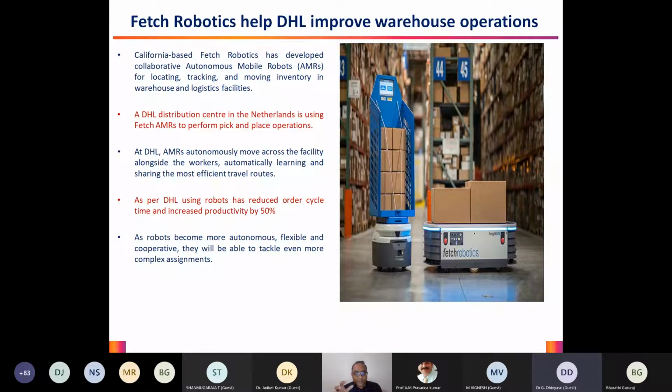And also, since these robots read human behavior on a routine basis, they are able to make a decision about the shortest path and the order in which the packages have to be kept in which rack, which is in fact much more efficient than what human beings are able to do. So that way the robots